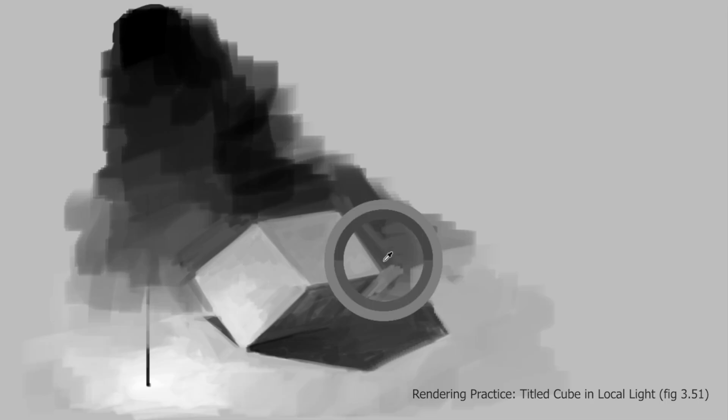I debated on whether to do this commentary in 2x speed or even fast forward certain areas where I'm not actually commentating and just painting, but I think there's some value in seeing somebody work at a real-time pace. I think especially for a simple still life or setup like this tilted cube,